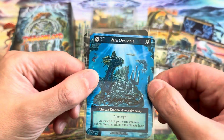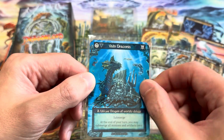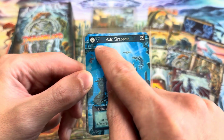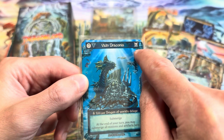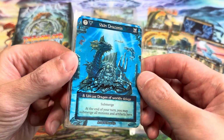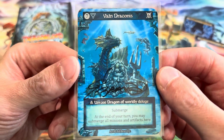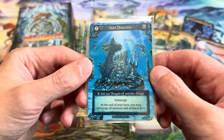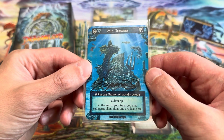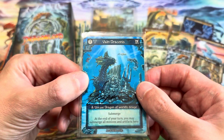$14.60. The last dragon in the box is the Vaten Draconis, another 7 cost dragon for 3 water threshold, power toughness of 6 again. It's a unique dragon of worldly deluge, and you guessed it, it has submerge. You can see him submerging the little Poseidon figure down there. And at the end of your turn, you may submerge all minions and artifacts here. Its current market value is